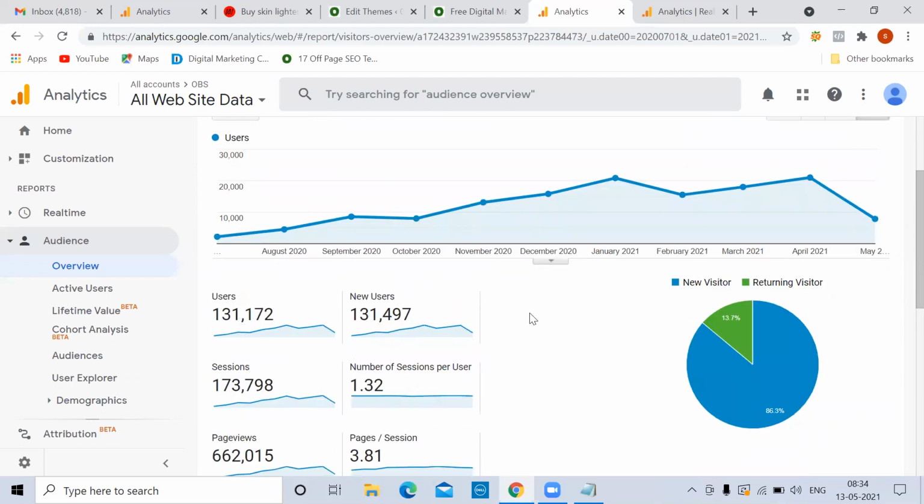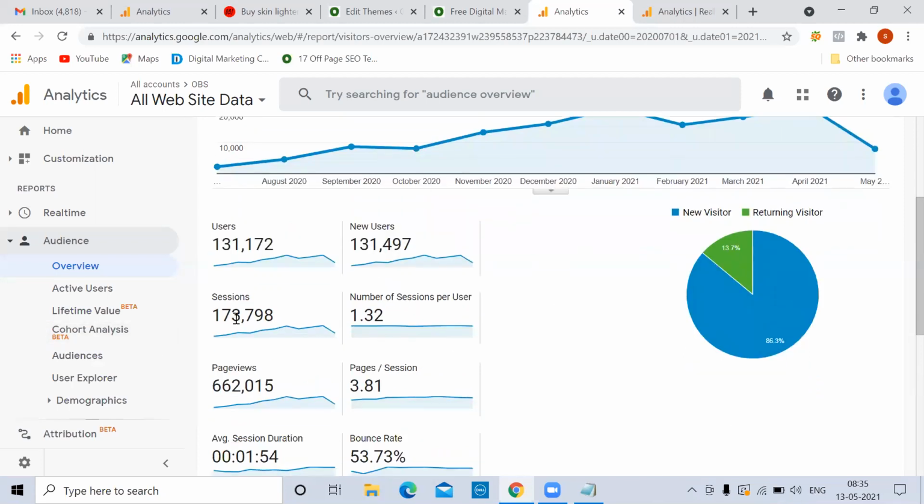How does Google know you as a user, and whether you are a new user or returning user? When you log in with any device, a unique ID will be given to you by Google Analytics, maybe because of your IP address.